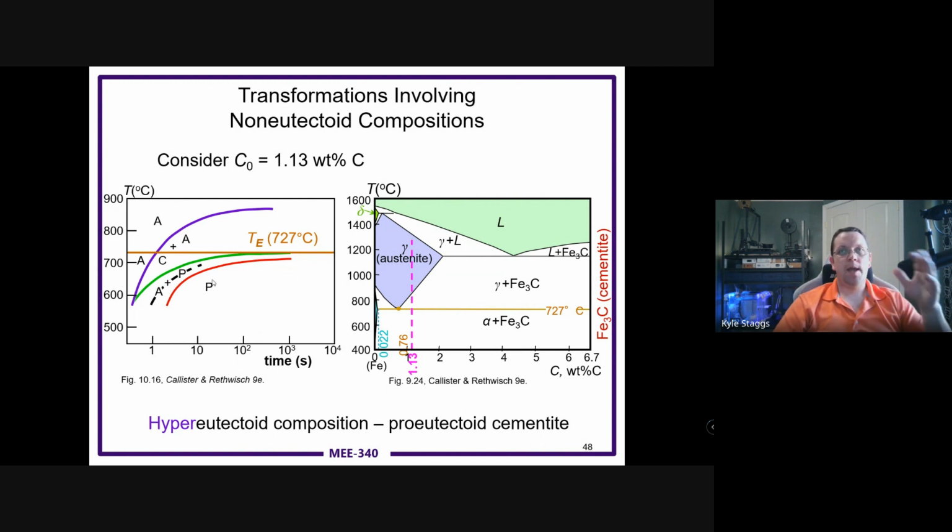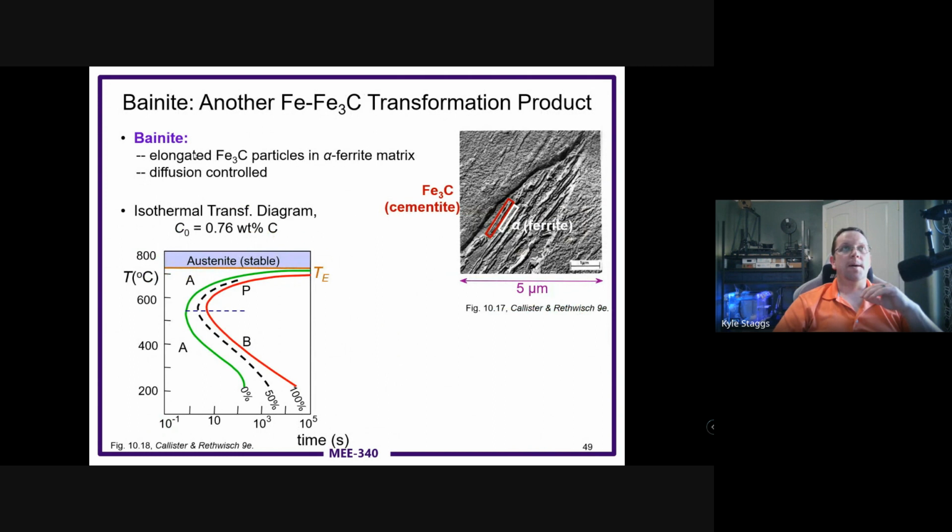So as you go to cool, below that range, when we go farther down, you get into another kind of structure called bainite. And this is a combination of kind of shorter abbreviated strips, so it's not the stripy zebra looking pattern of perlite. It's more individual strips that are much narrower of cementite next to zones of alpha ferrite. And what that tells you is, especially for something like this at 0.76% weight